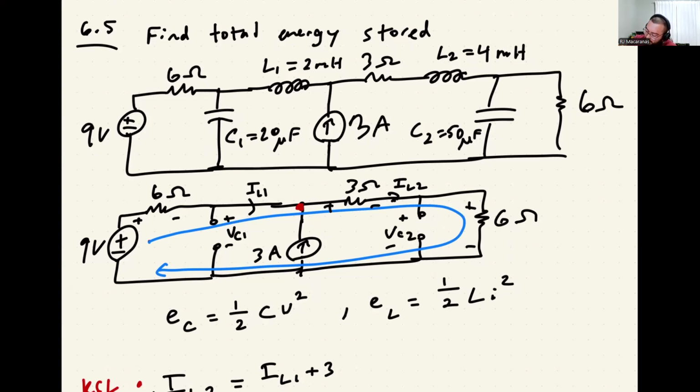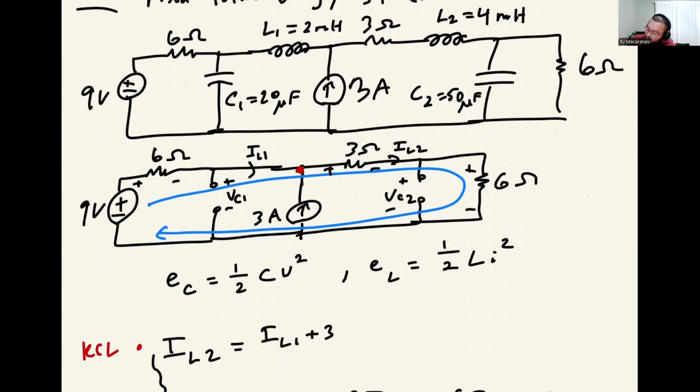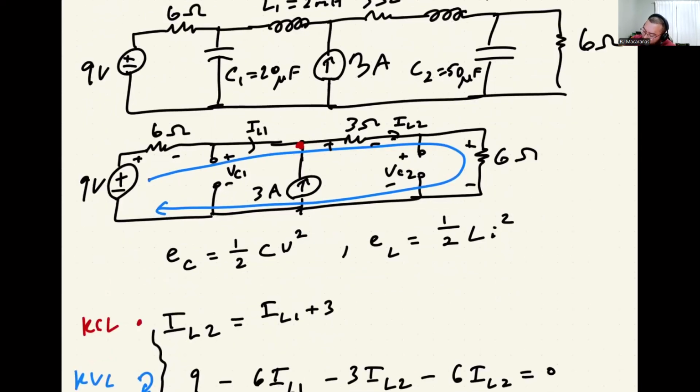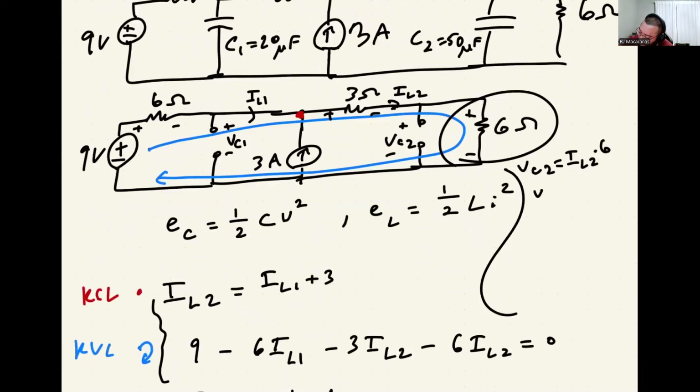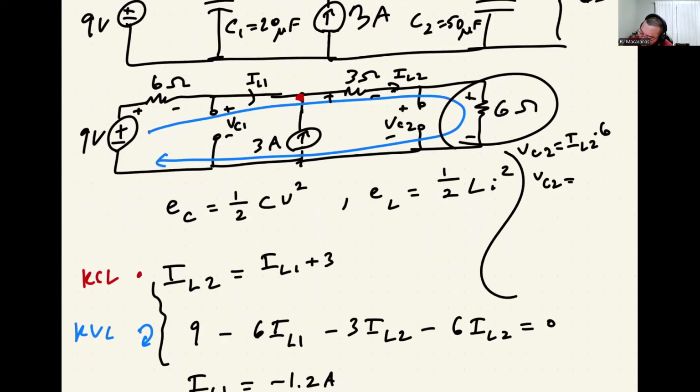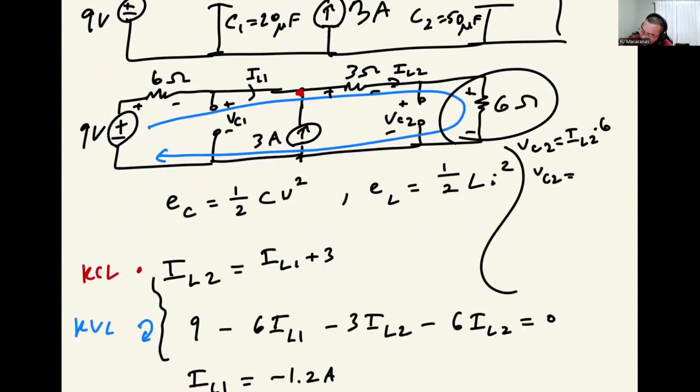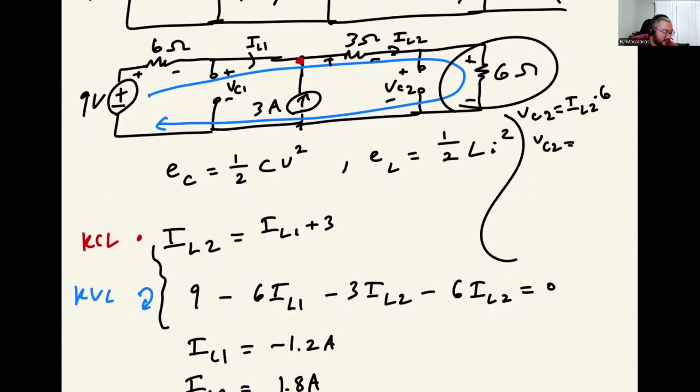This is pretty easy now that we have the inductor currents, because VC2 is going to be the voltage across that resistor, which is IL2 times 6. We know IL2 is 1.8 amps. So if I multiply that by 6,